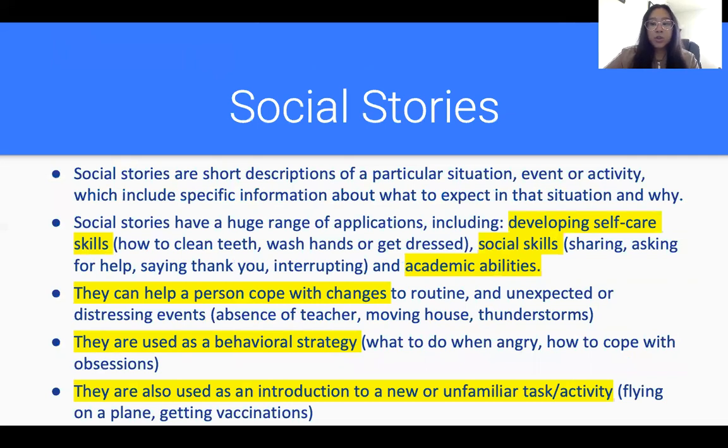Another tool is social stories. So social stories are short descriptions of a particular situation, event, or activity, which includes specific information about what to expect in that situation and why. Social stories have a huge range of applications, including developing self-care, like how to clean your teeth, wash your hands, or get dressed. Another focus is social skills, like sharing, asking for help, saying thank you, and interrupting, and also